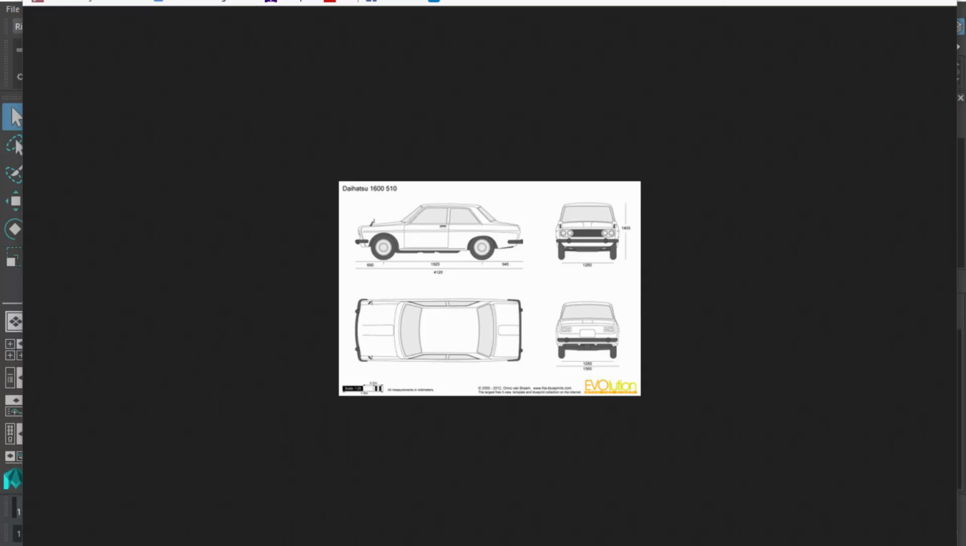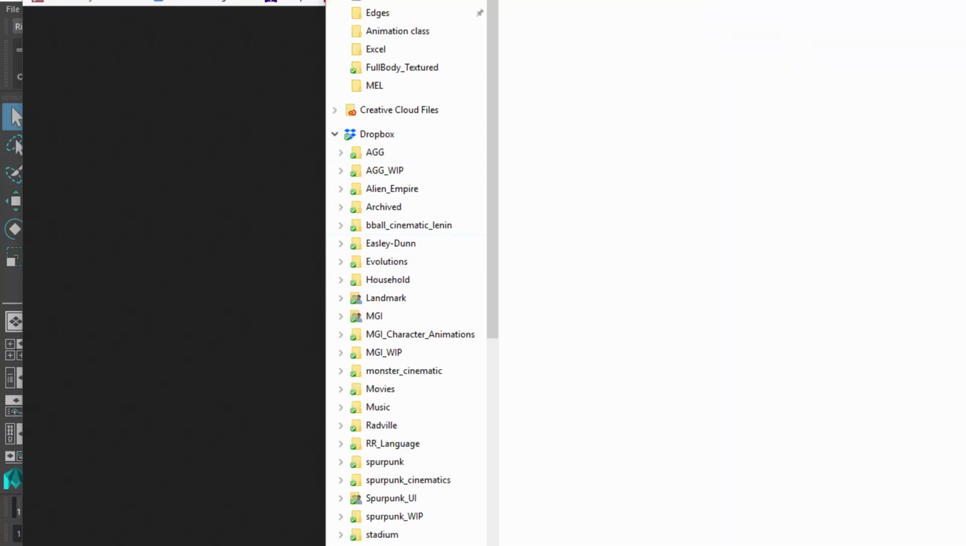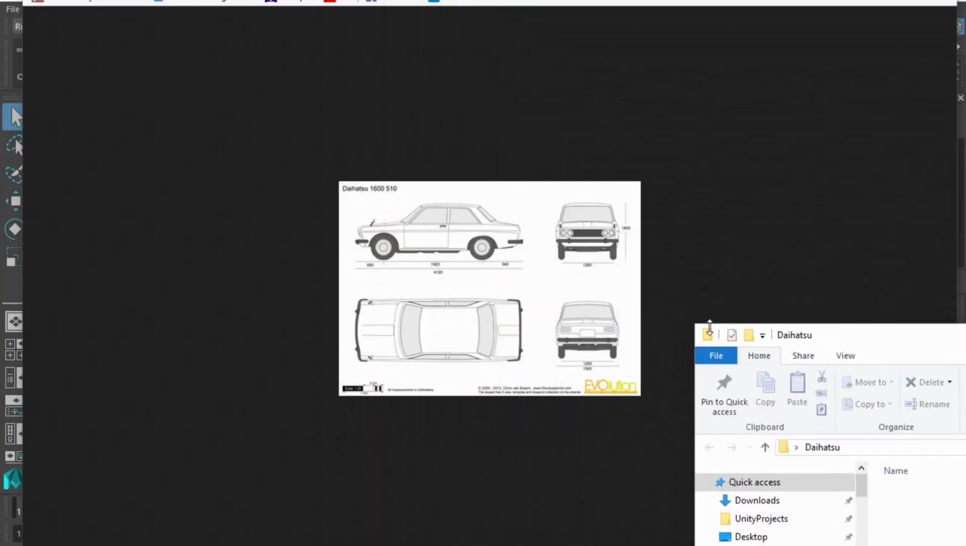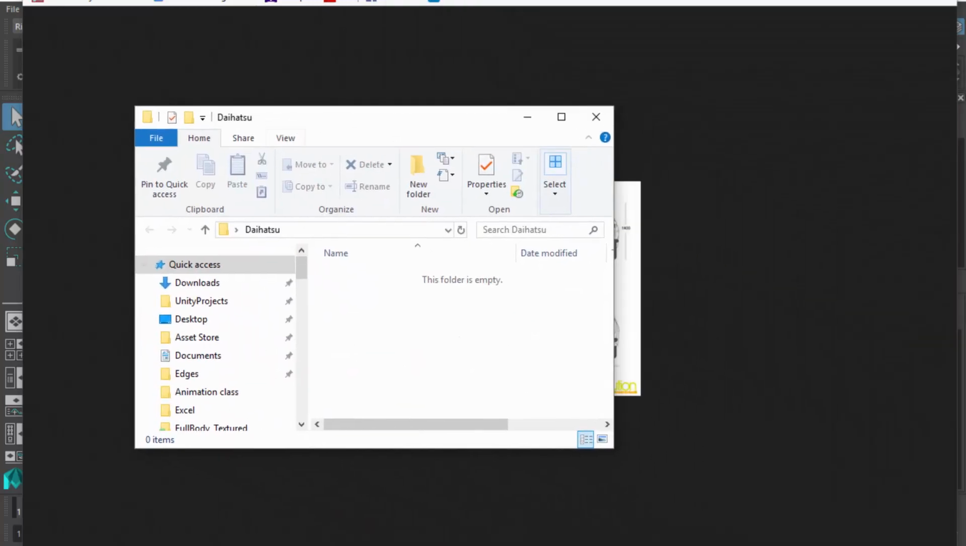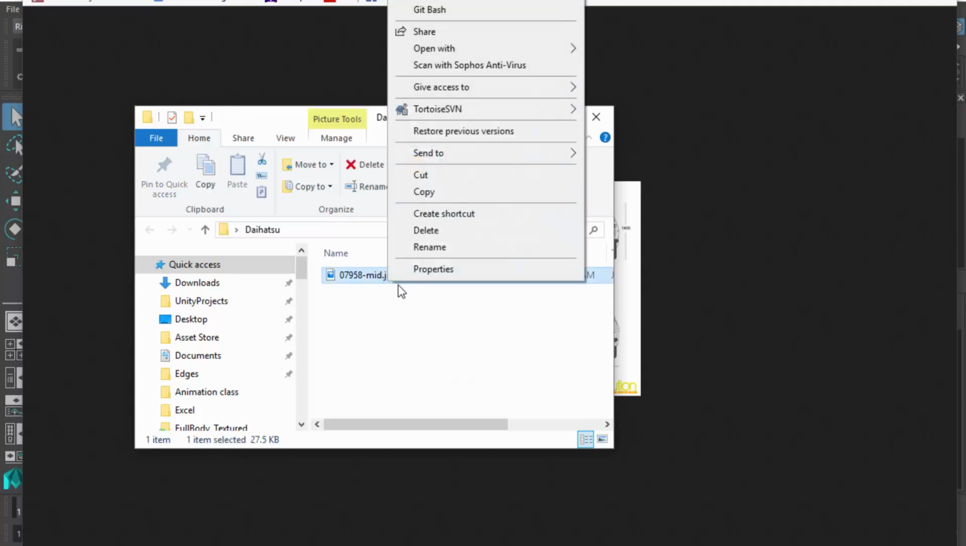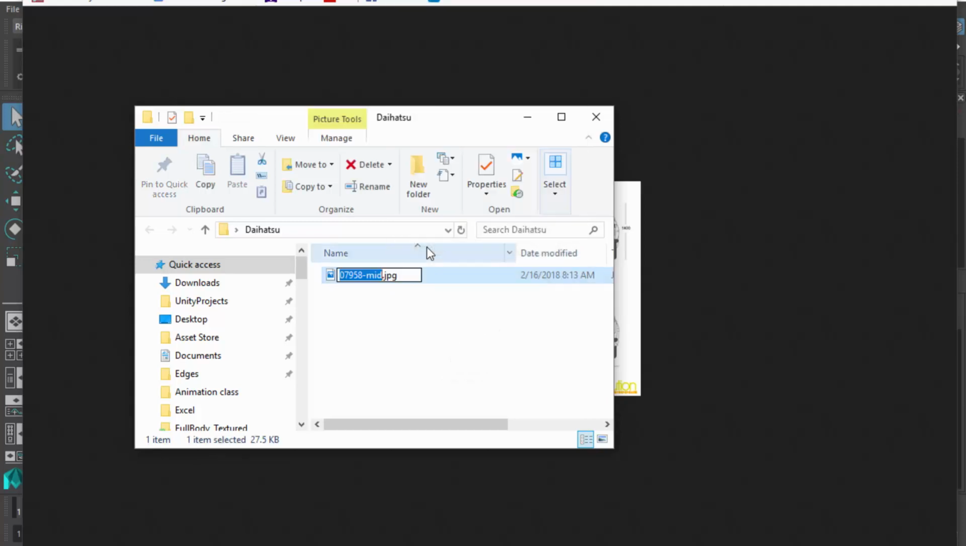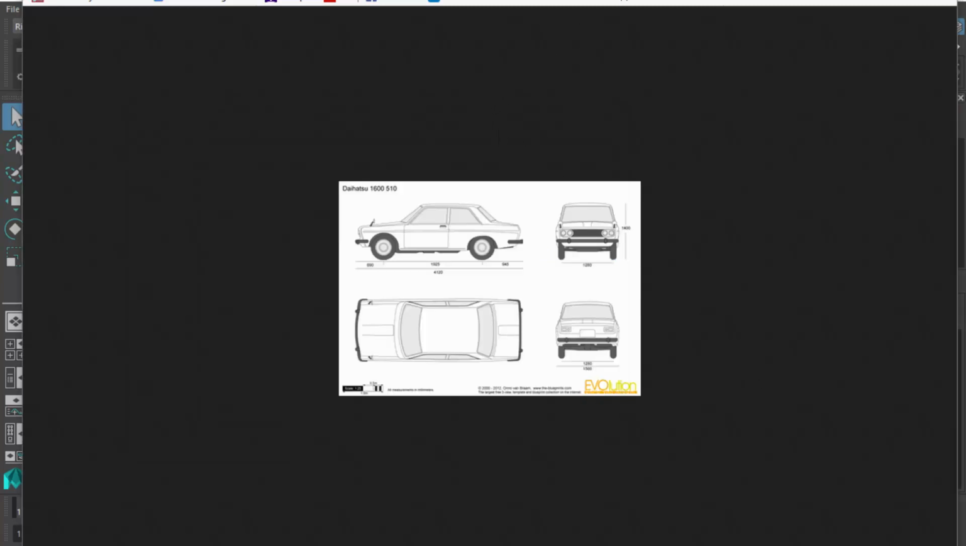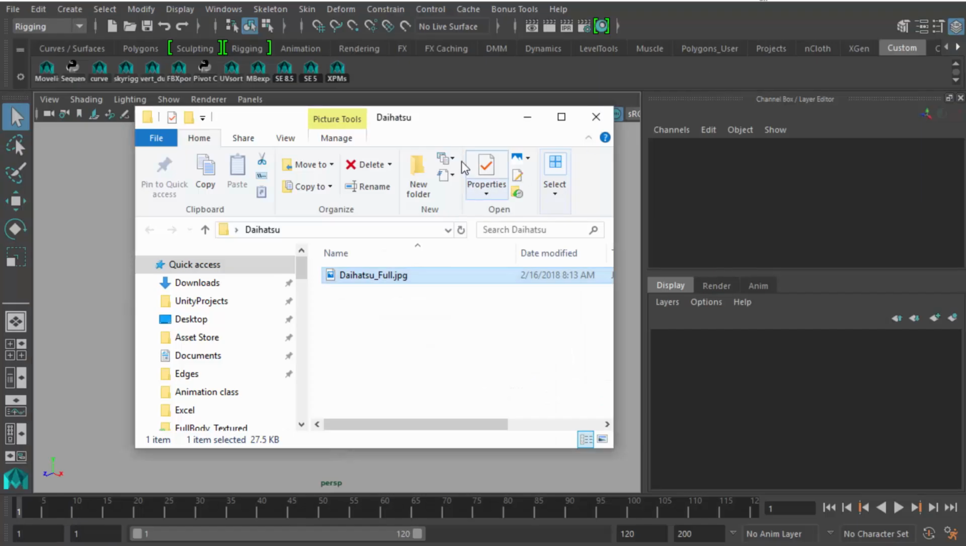I'm modeling a Daihatsu 1600 510. And then inside of your new folder, you can drag your saved image. And I like to rename things because it's going to start getting pretty complicated to look things up, and then you're going to have dozens of